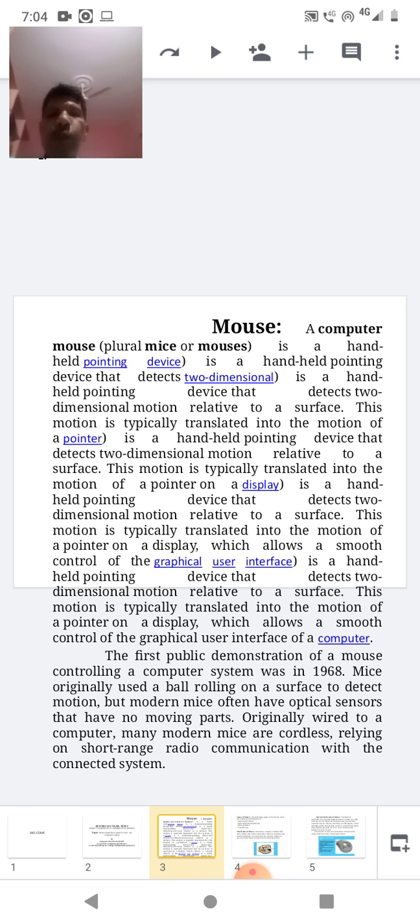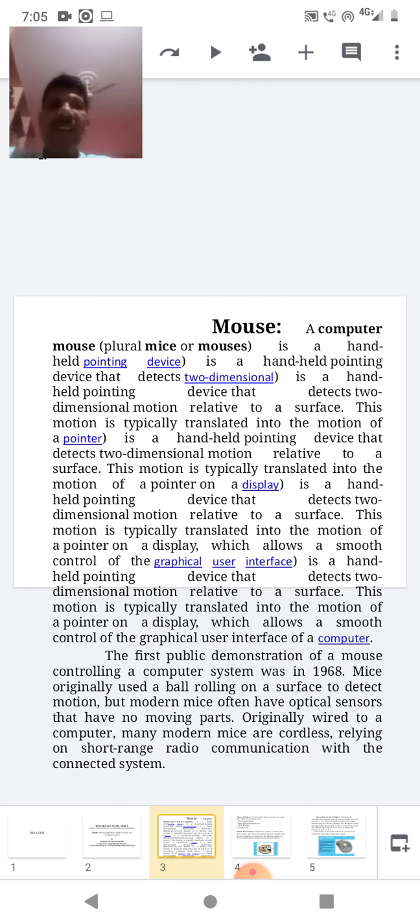Mouse originally used a ball rolling on a surface to detect motion, but modern mouses often have optical sensors that have no moving parts. Originally wired to a computer, many modern mouses are cordless, relying on short-range radio communication with the connected system.